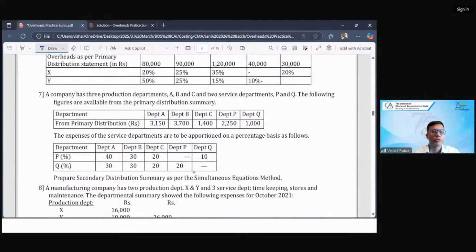Okay. Students, you all will solve question 7. And obviously, now you'll solve only as per the requirement of the question. So this exam problem requires you to solve by the simultaneous equation method. So, Minu beta, where is the trial and error method left? If you remember, I've already mentioned repeated is also trial and error. Both methods are same, names are different. Correct? Chalo student, solve sum 7 by simultaneous.